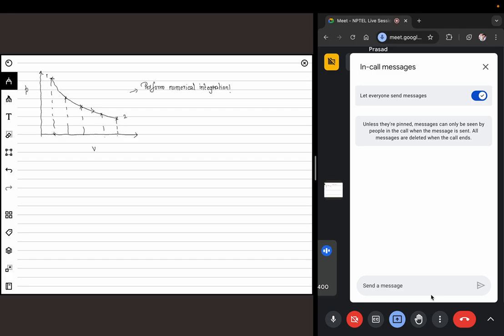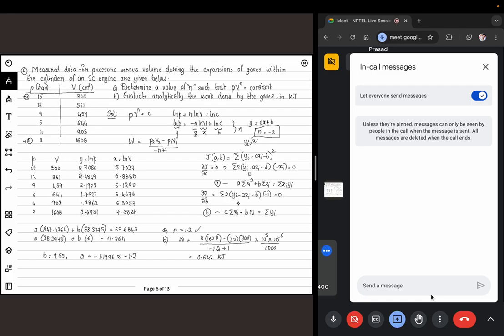But that is not our objective. Our objective here is to understand, from a real scenario, where the equations that we are studying here, PV to the power n and polytropic processes, actually come into the picture. You can collect the data, try to fit it, and then you get the value of n. The value of n is straightforward in case of isothermal, isobaric and other processes, but in real processes,